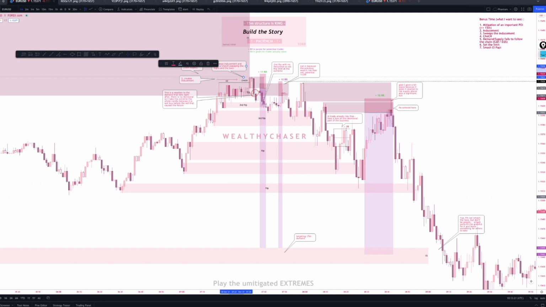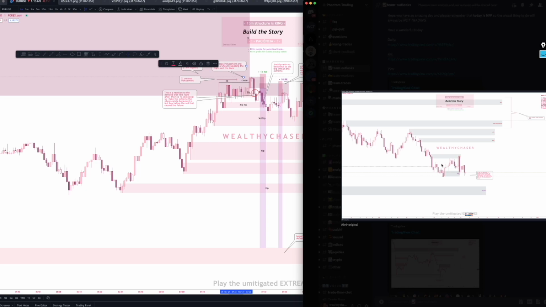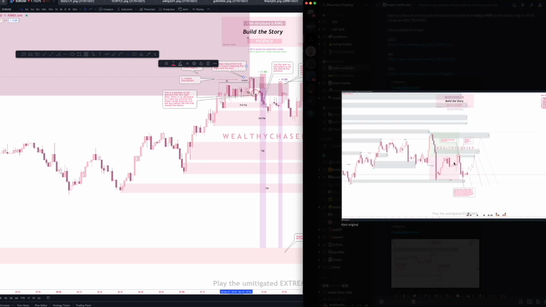Basically, if you took a look at my outlooks this morning, as usual, I'm going to show you. So on the daily, there's not much to add because after reacting to this supply, price keeps dropping either to form a break of structure or to mitigate something above, either some supply above or even break the structure and then come to break the demand. 4 hour, we saw that price reacted to the equilibrium and then boom, came all the way down, tapped deeper.